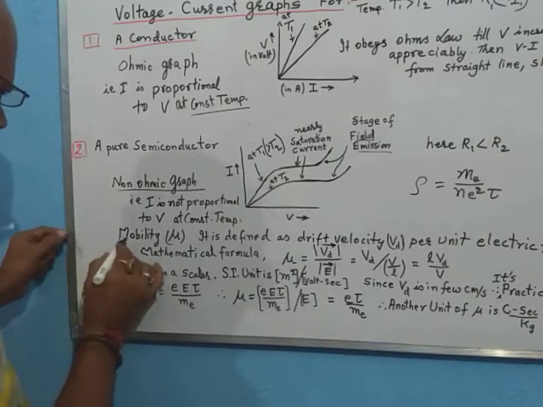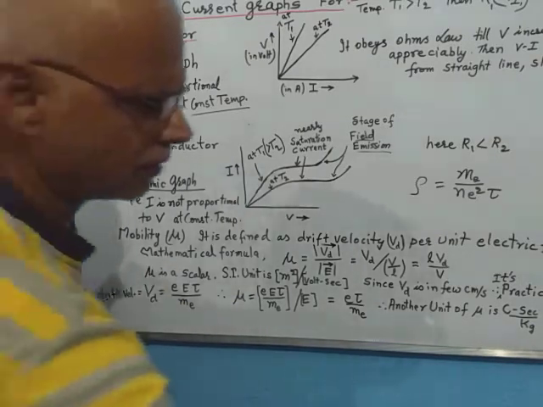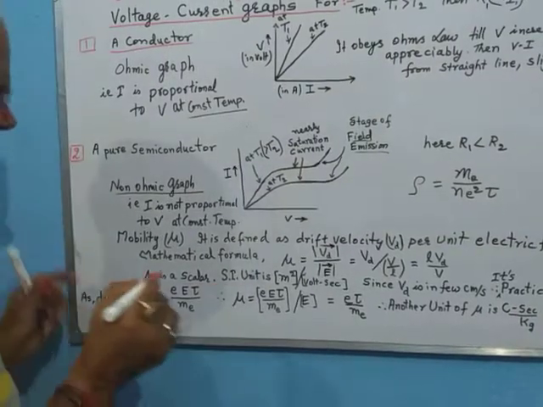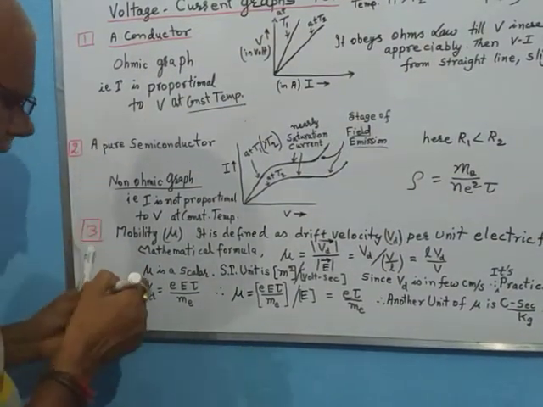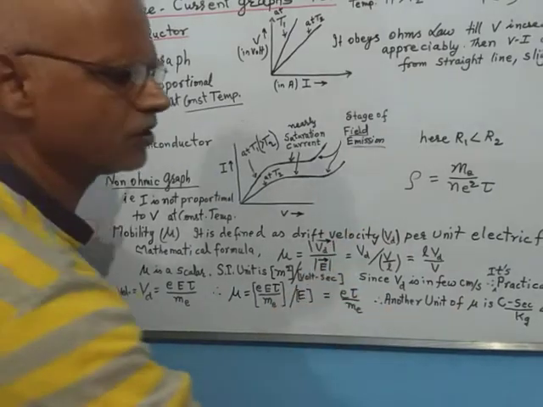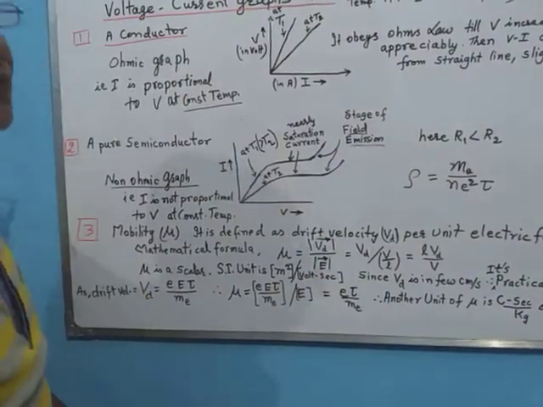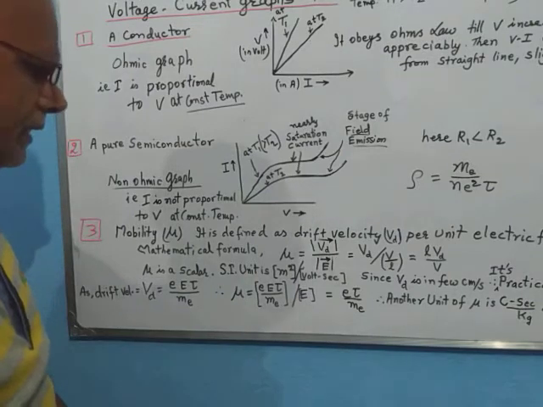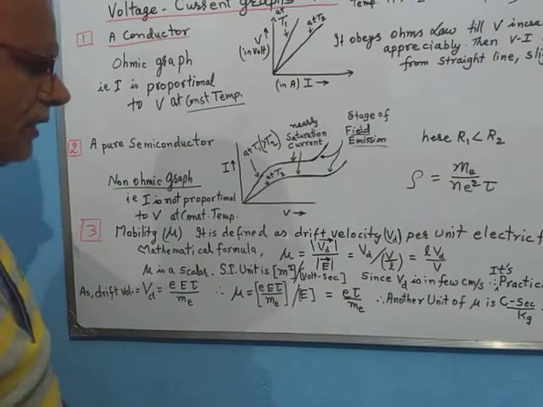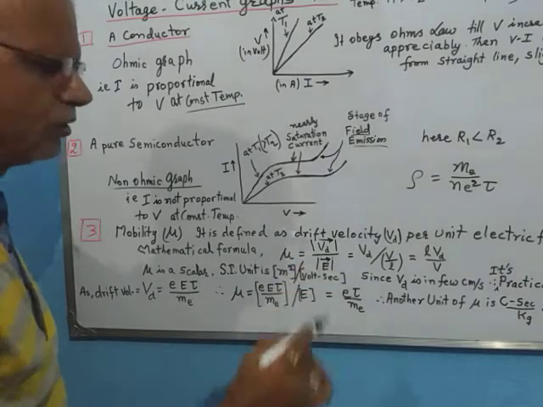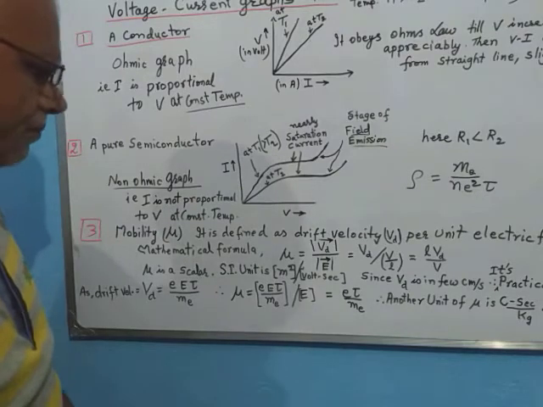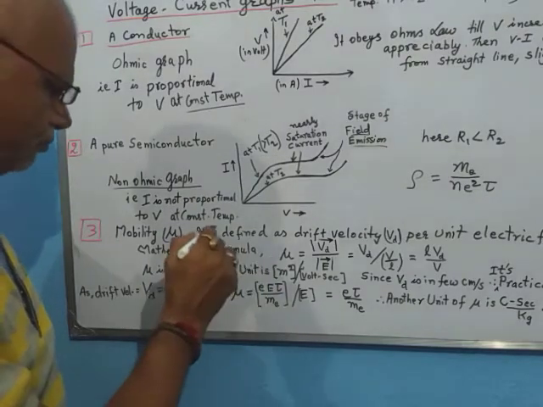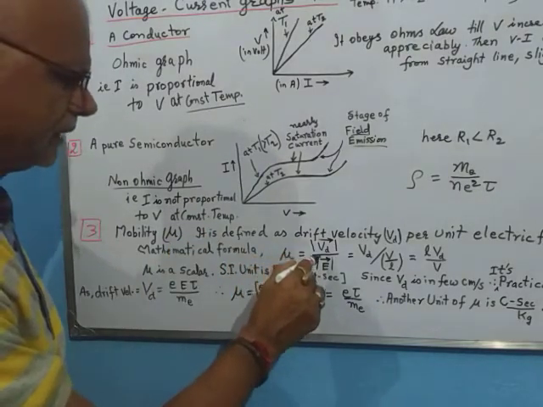Now we talk about a new term, which is called mobility. What is mobility? We will see. We define mobility as the ratio of drift velocity per unit electric field applied across the conductor. In this case we invariably take the magnitude of drift velocity and the magnitude of electric field, so that the mobility remains a scalar.